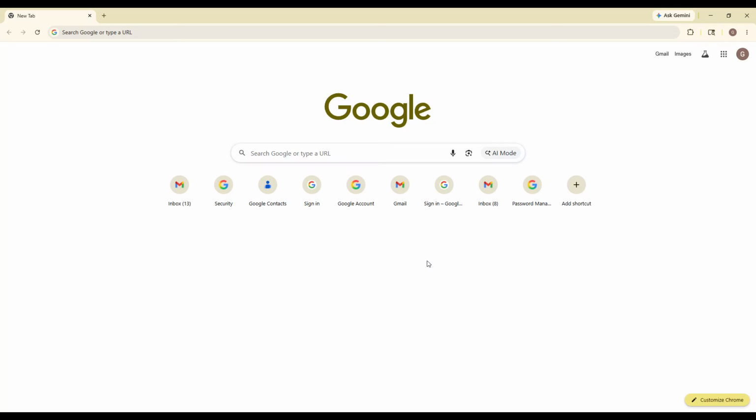Today I'm going to show you how to create a temporary Gmail account, use it for what you need, and then delete it safely afterward. This is a useful method if you want a throwaway email for testing, signups, downloads, or one-time access without keeping